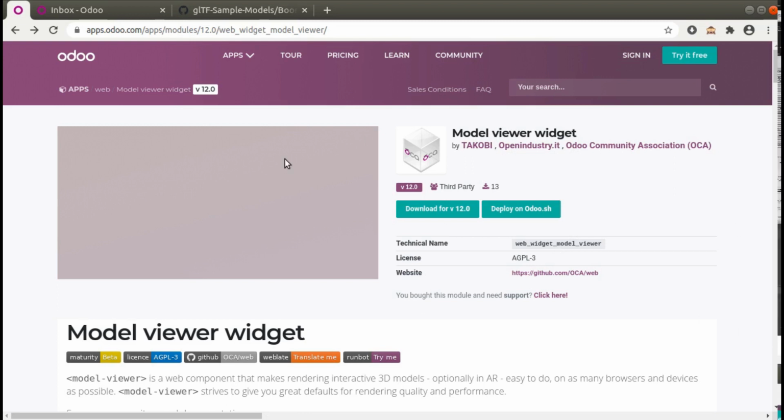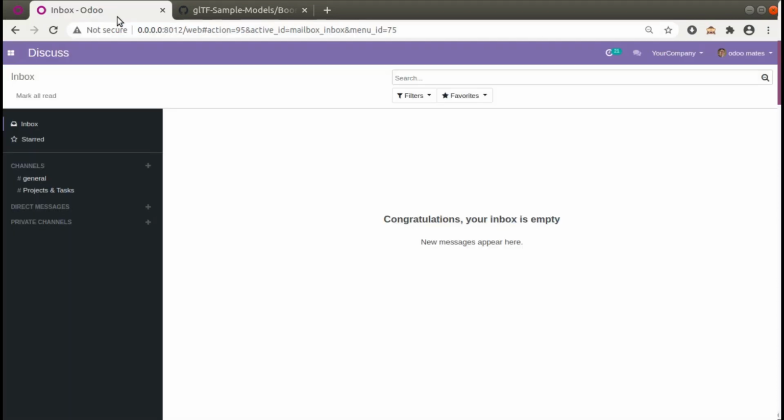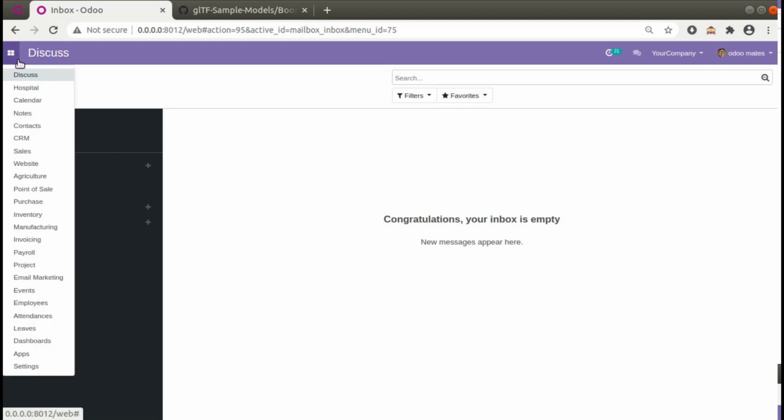If I come to our Odoo instance, here you are seeing Odoo version 12 community edition, where we are continuing all our development tutorials. I have already installed the hospital module in this database. If you haven't got this module, you can download it from the Odoo App Store or get it from our GitHub repository. For illustration purposes in this video, I have made some slight changes inside the code. I have added some new fields and added this widget.